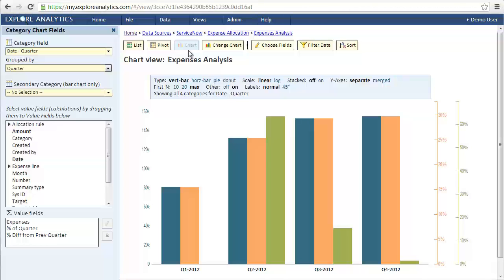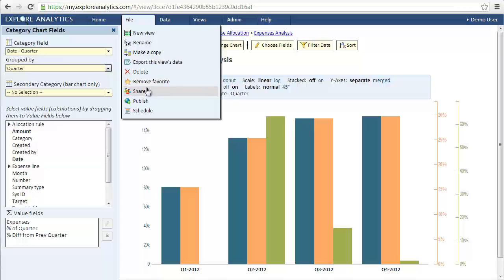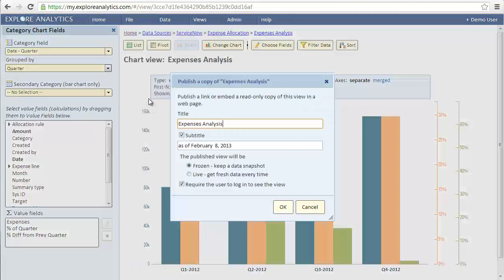Let me point out that all the views that we saw so far were personal views. It means that they are only visible to this Explore Analytics user. We have an option to share this view, and it will make this view shared by all the users of the company, and that means that they can all access and modify this view. Another maybe more useful option is to publish this view. Let's do that. We're going to publish the expense analysis view, and we have a